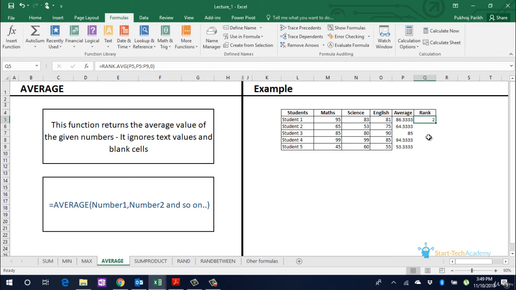Important thing to note here is if we drag this formula down, the reference range cells also get changed from N5 to N9 to N6 to N10. This is the wrong reference range. To maintain the reference range, we need to use dollar signs. To do this, go to the reference values and press F4. This will restrain the reference values from changing while dragging.